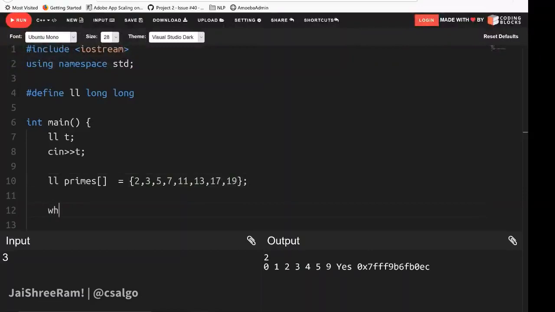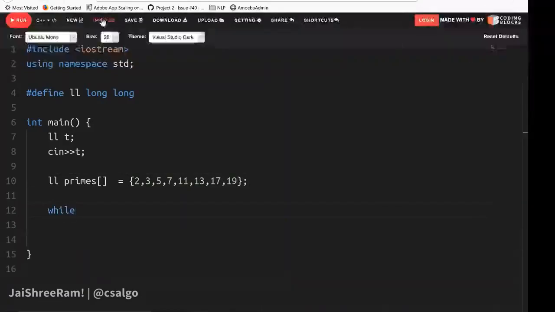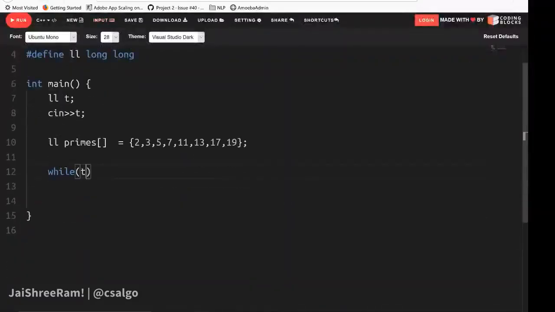The next thing is for every test case, I need to input what is the value of n. So let us define n and accept the n. And next thing is we need to